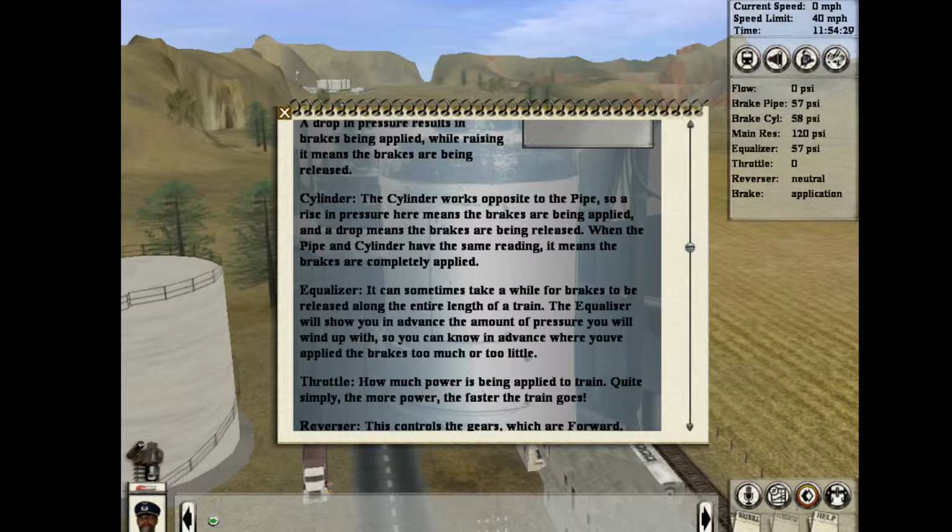Cylinder. The cylinder works opposite to the pipe. So a rise in pressure here means that the brake